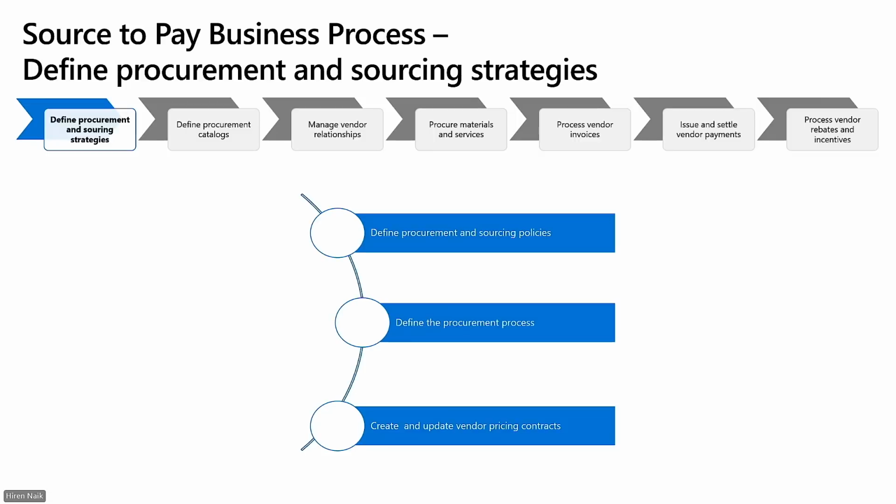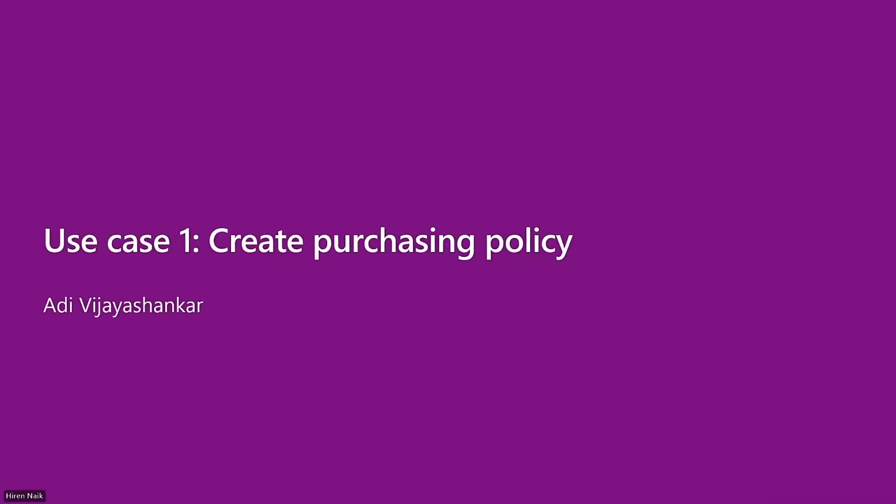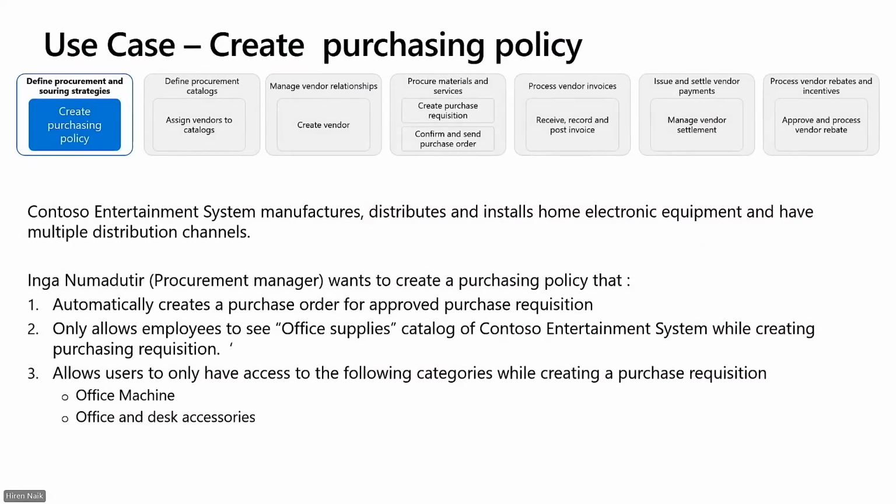Let's look into the first use case of creating a purchasing policy. In Contoso Entertainment System, which manufactures, distributes, and installs home electronic equipment and has multiple distribution channels, Inga, who's a procurement manager, wants to create a purchasing policy for Contoso Entertainment System that automatically creates a purchase order for an approved purchase requisition, only allows employees to see the office supplies catalog of Contoso Entertainment System while creating a purchase requisition, and